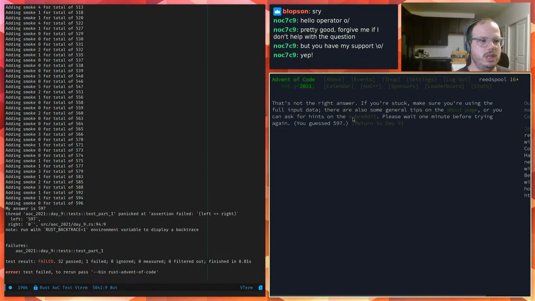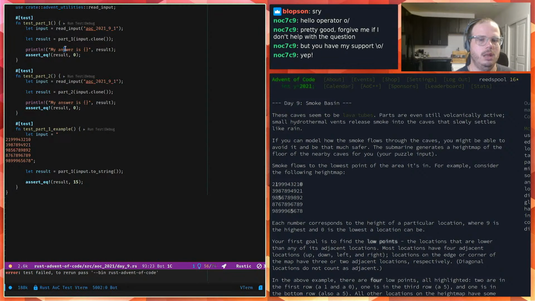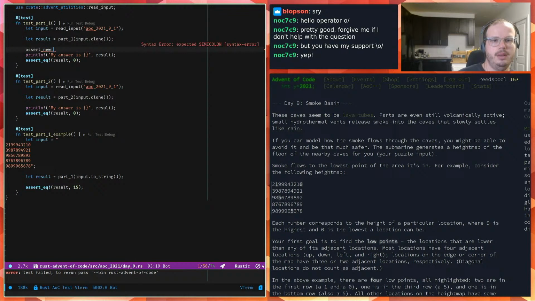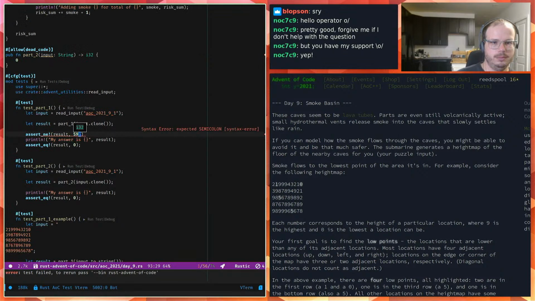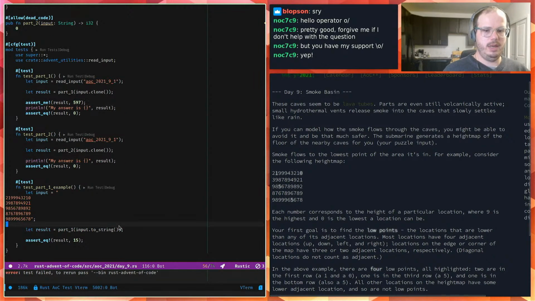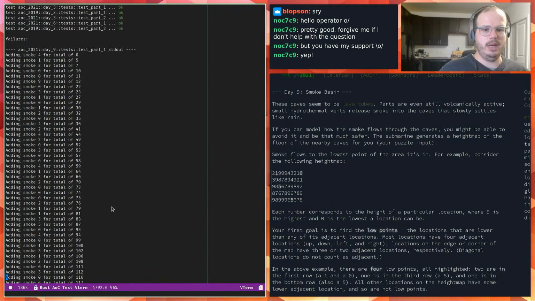That's not right. Interesting. What did I get wrong? I passed the... Okay, that's not right. Assert not equal. I didn't know that was a thing. Okay. So it's not 597. Do I still have my print there? Yeah. Okay, so I can walk through